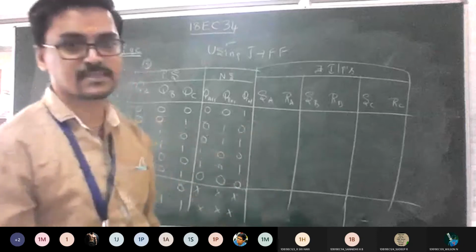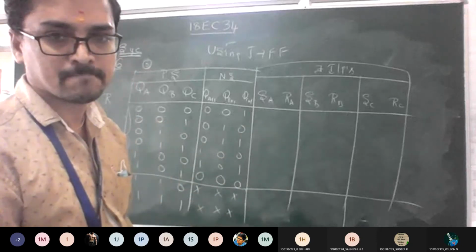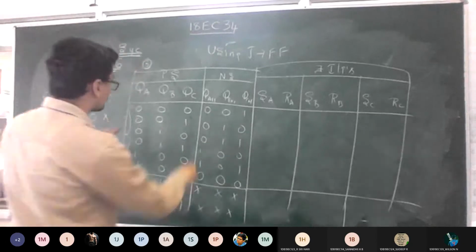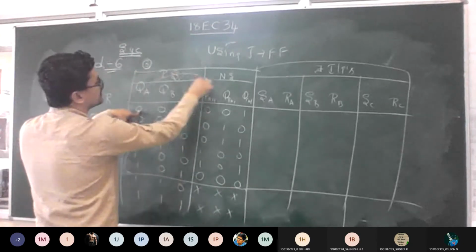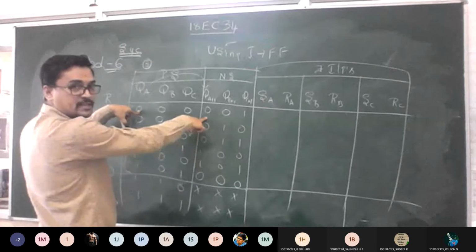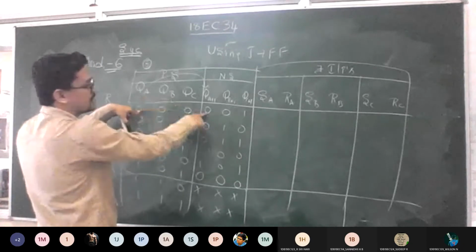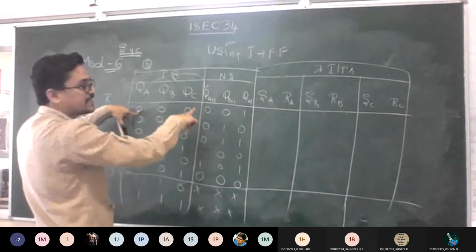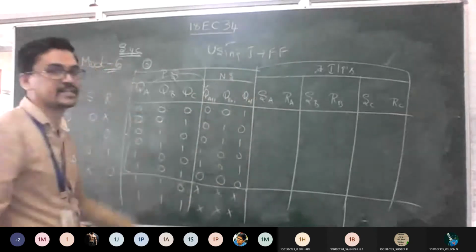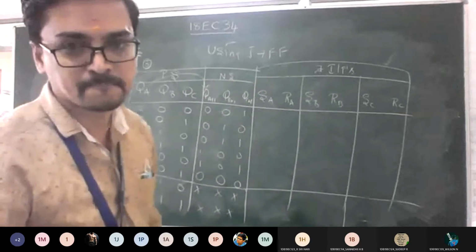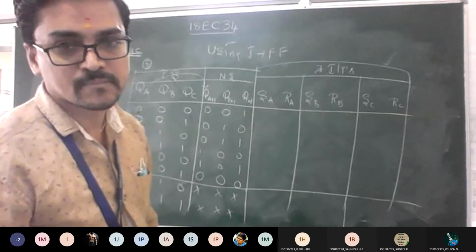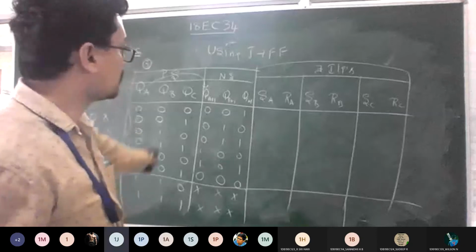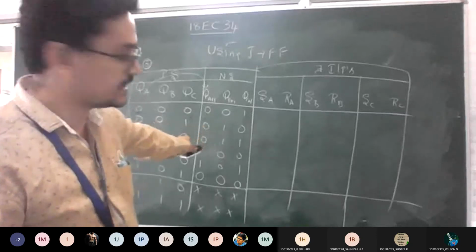Now tell me how to fill this table. How will you fill this? You need to verify QA with QA plus 1, present state with next state. Only the first column of present state and the first column of next state are to be filled in this category of SA, RA. Understood? Repeat. Fine? I will repeat. Yes, everyone, sir. Got how to write the next state table till here? Till here, is it fine?